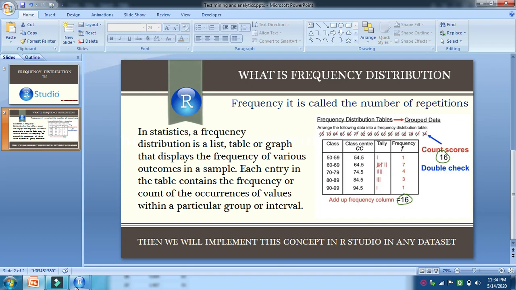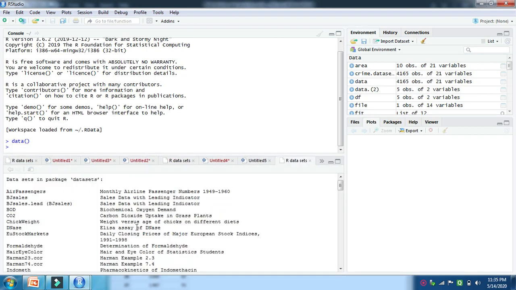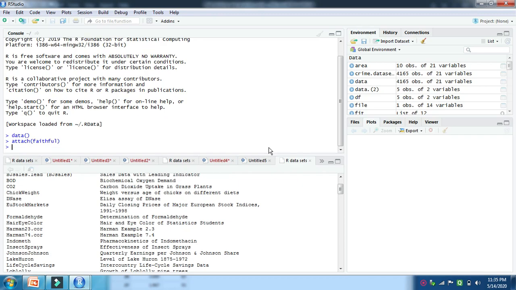on any data set. Okay, here is our RStudio. Firstly, we have to check the default data sets in RStudio. There are a lot of data sets available. Here we use the attach function and the faithful data set.